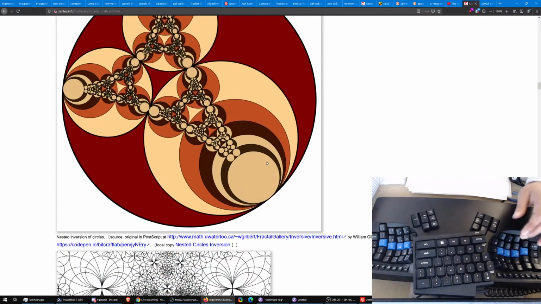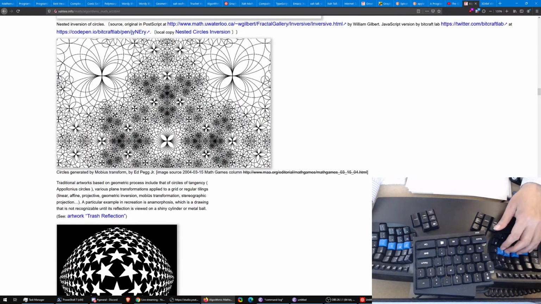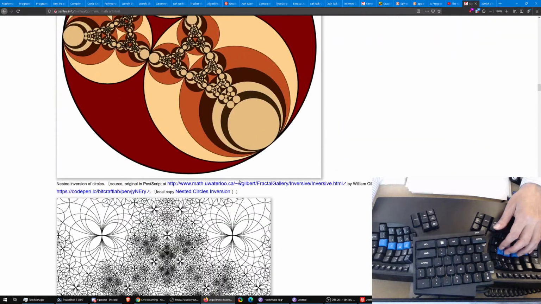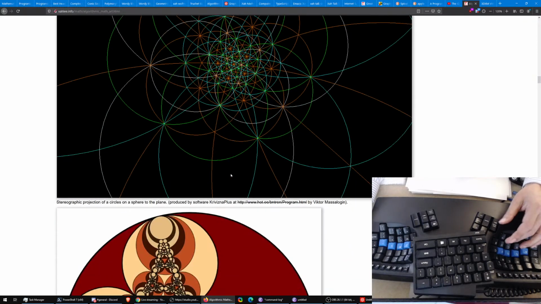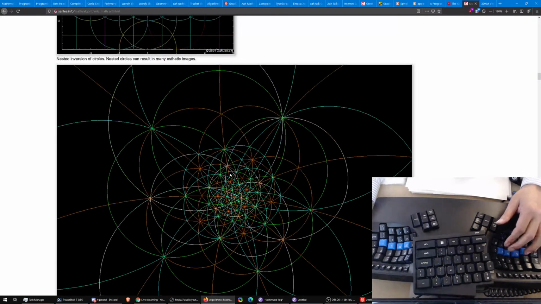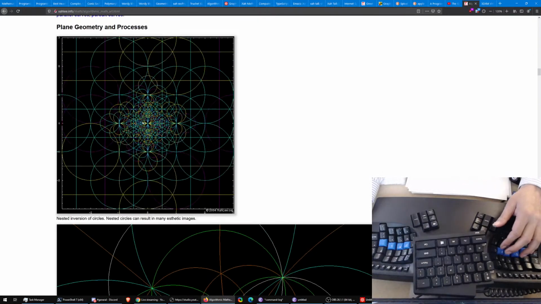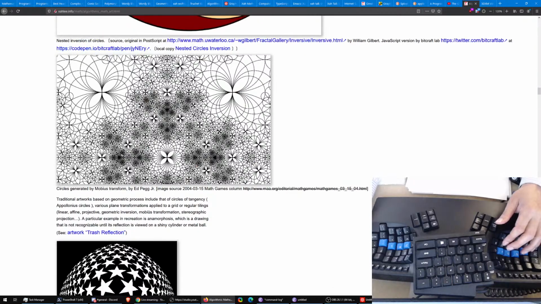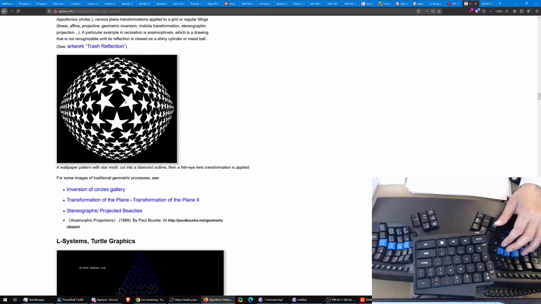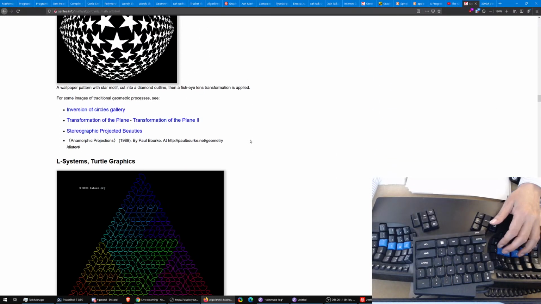Yeah, inversion, but they are certainly part of math. Or if you have done complex analysis, then inversion is basically 1 over z. That's what geometric inversion is about. So these are different inversion pictures, and here is a transformation of the plane, and here